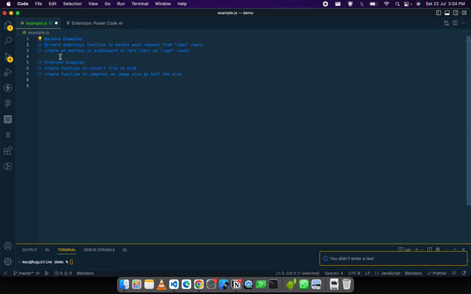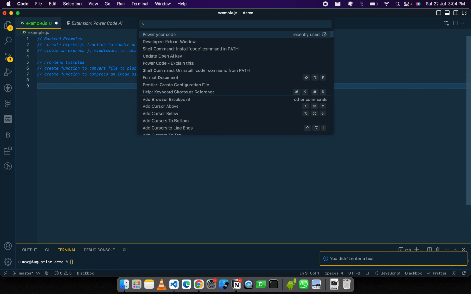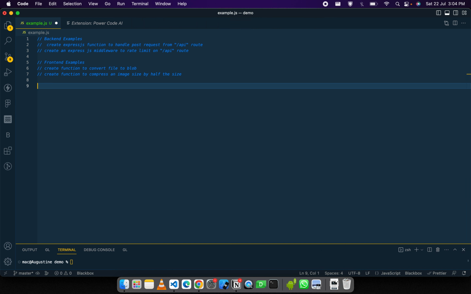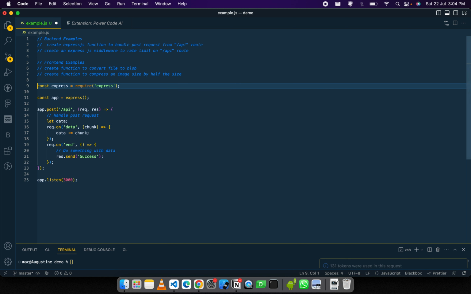So I'm just going to come here and copy this same thing. It said I didn't enter a text. I'm going to be using Control P. I'm using the arrow to bring up my commands, and I'm going to select Power Your Code again. Once I paste the function I wanted it to create for me, I'm going to press enter, and then give it a while, it's going to load, and it's actually going to generate the